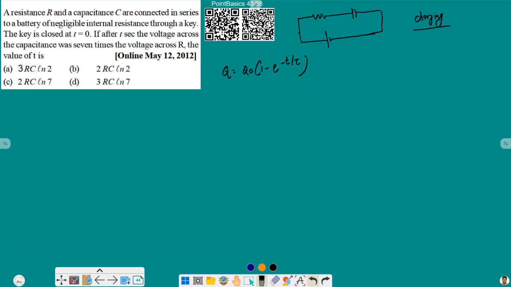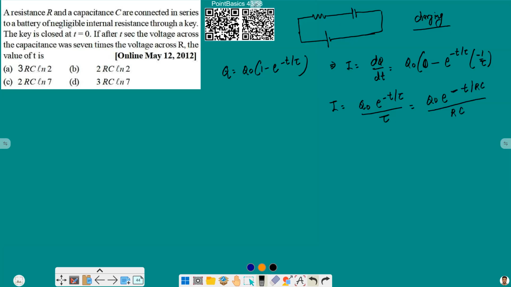the resistance. So to find the voltage across both of these, we need the value of current, and current can be calculated using the derivative of this. So I equal to dq/dt will be q0, the derivative of 1 is 0, e raised to the power minus t/tau into minus 1/tau. So that becomes q0 (negative negative positive) e^(-t/tau) divided by tau. We know that tau is equal to RC. So q0 e^(-t/RC) divided by RC, and q0 is the maximum charge